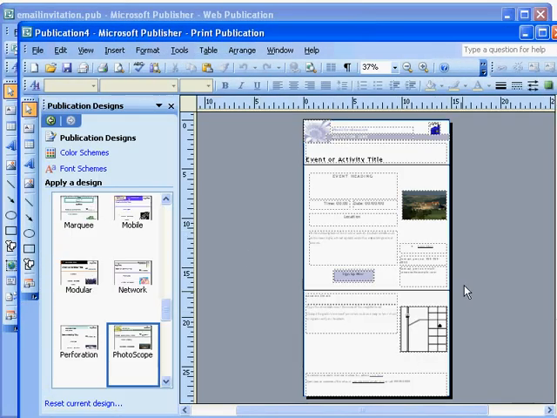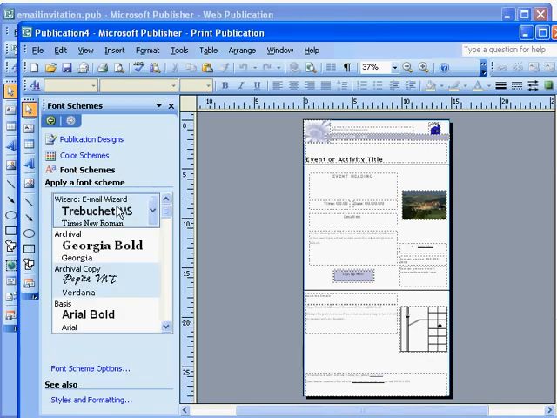Here's the email document design in Publisher. It's not actually a newsletter, we're going to call it an invitation, but it is an email designed invitation. I've used the Photoscope design, and so I don't need to make any changes in here. I can make a change to the font scheme if I want to, but only if I understand how the document's going to be displayed when it's received by a recipient. It's going to be in the body of an email message so that the fonts that are used in the